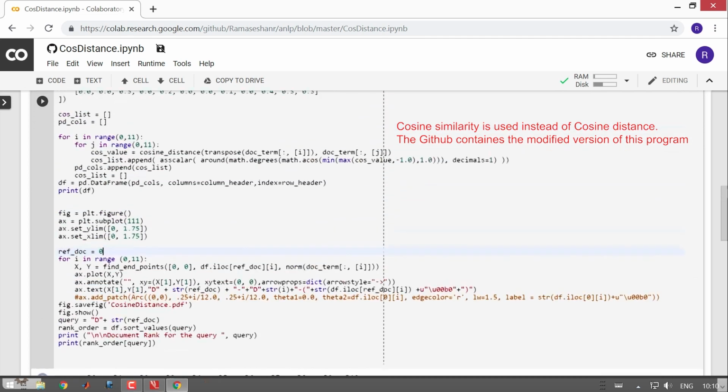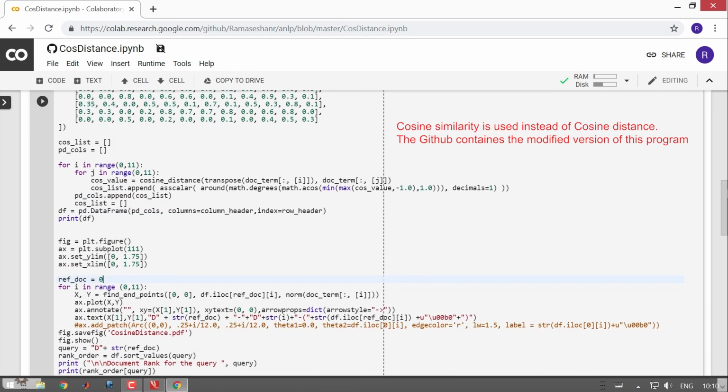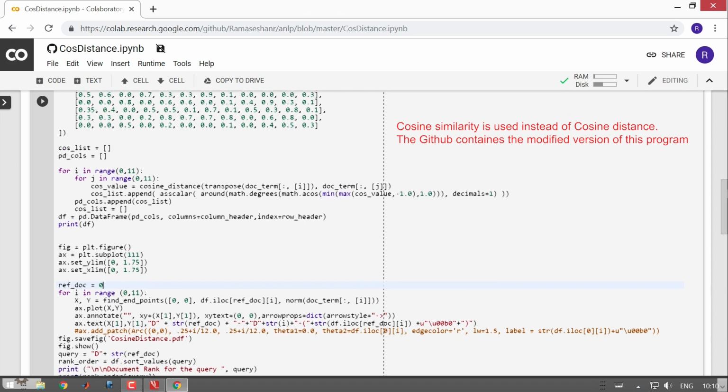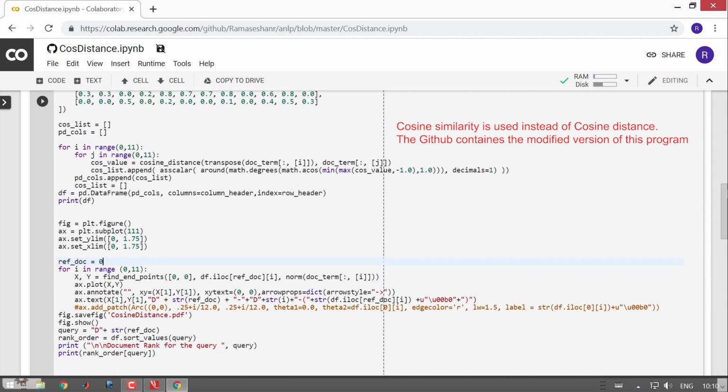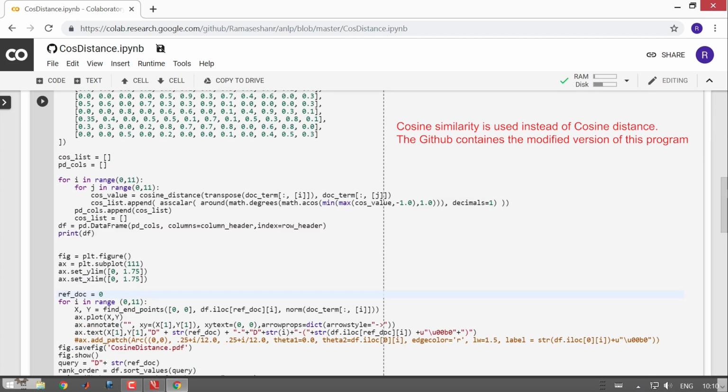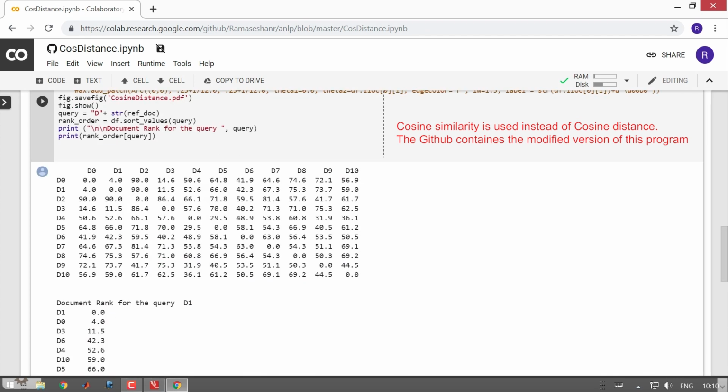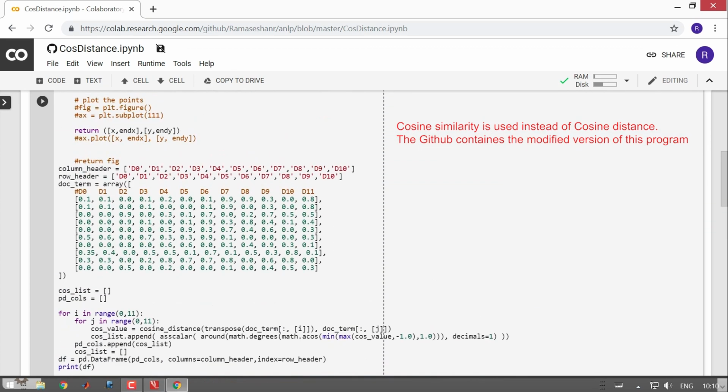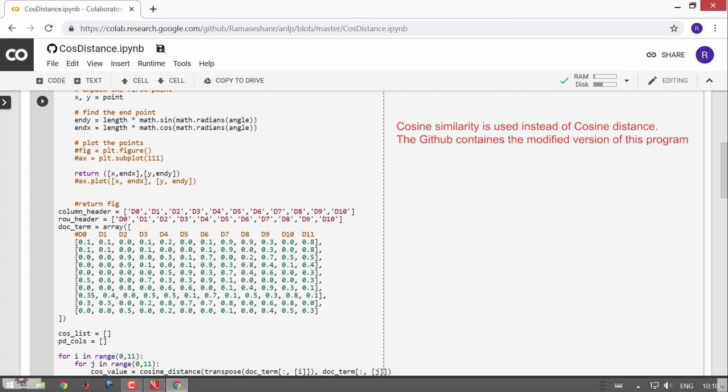In the earlier case you saw document 0 as the reference, and we computed the rank. Now we are going to consider document 2 as our query. As I mentioned earlier, the query can be constructed with respect to the terms present in the query, and it can be construed as a document as well. So now let us consider D2 as our query.